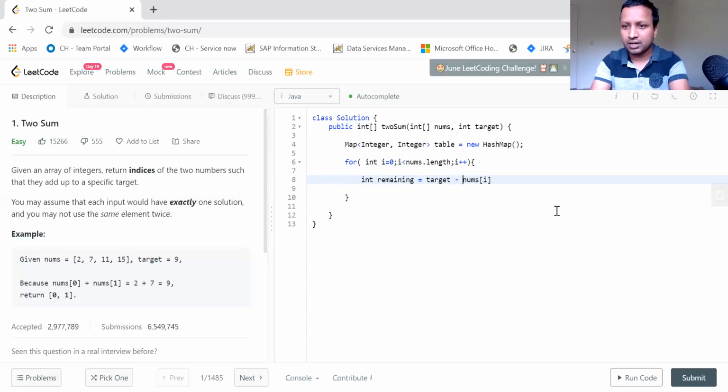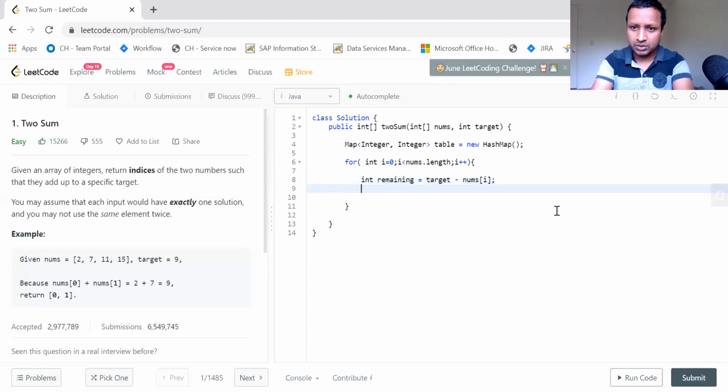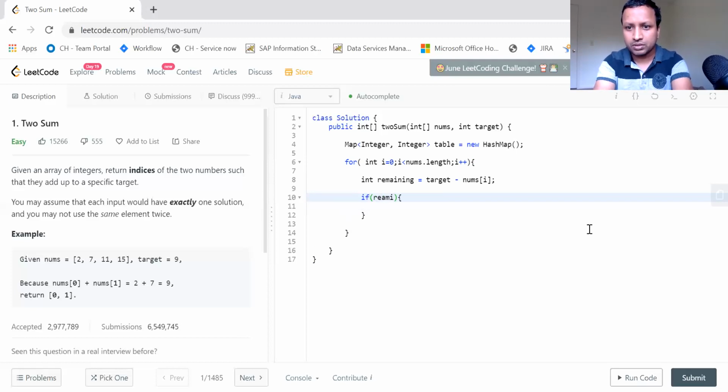It is like a remainder. And you check whether this remainder is in the hash table. So table dot containsKey of remaining.